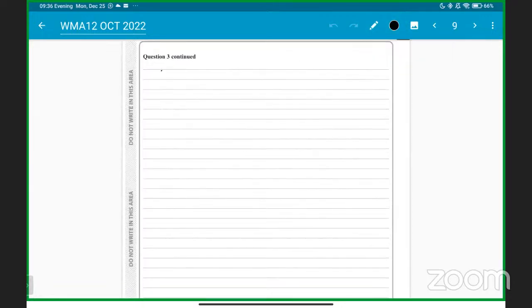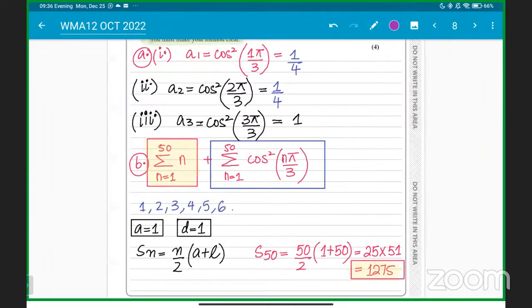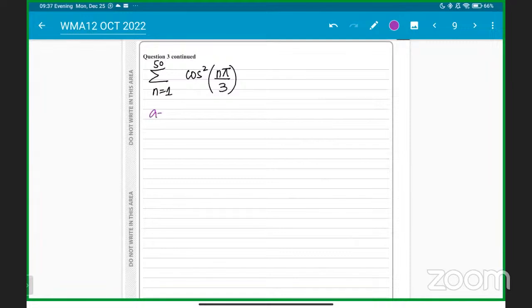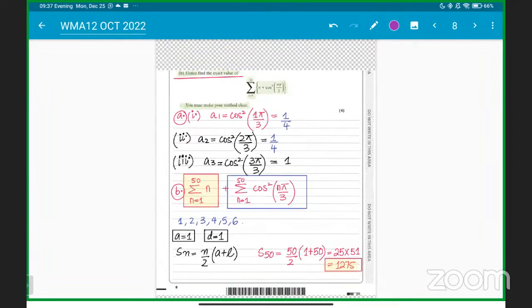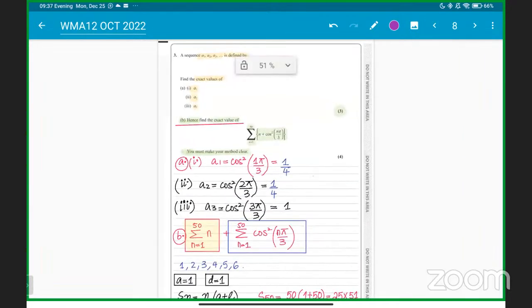Let me write it down that we have to go from 1 to the 50th, and it is cos square of n pi over 3. So let me know. We already know, sir, when I plug in 1, we already got that. What did we get? We got 1 over 4, right? Is everyone with me? When we plug in A2, we got 1 over 4. When we put A3, we got 1, right? Clear? These were the 3 terms that we got for A1, A2, A3 by plugging in this,